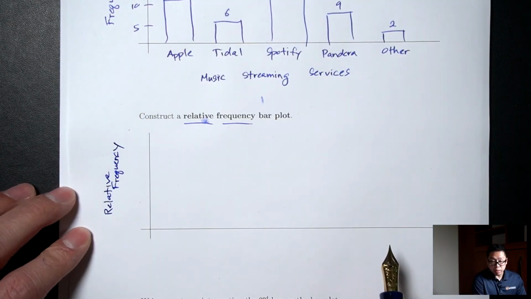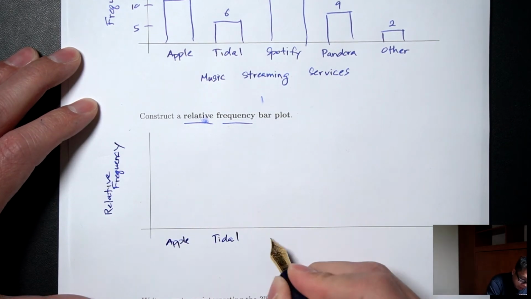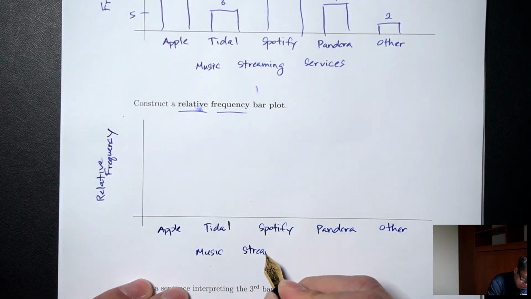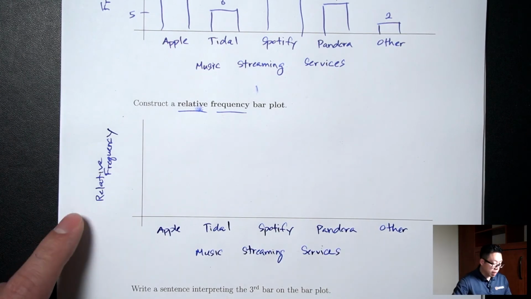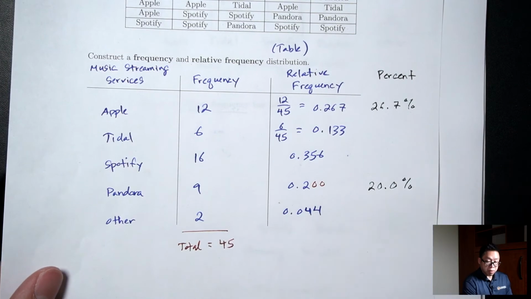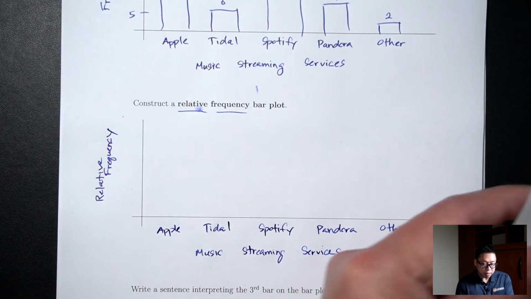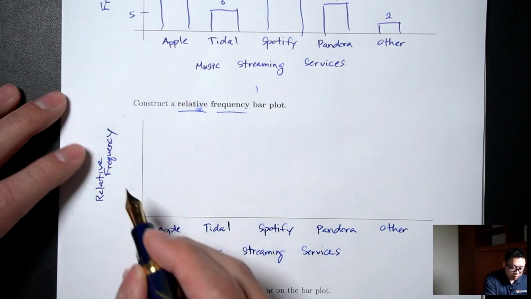At the bottom, it'll be the same. So Apple. Now, let's look at our relative frequencies. Our relative frequencies are these decimals, okay? My recommendation for labeling our y-axis is just to do